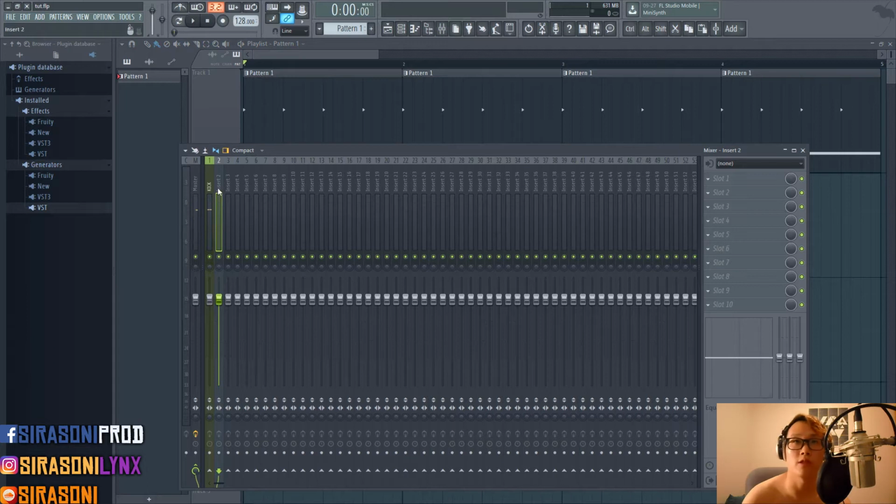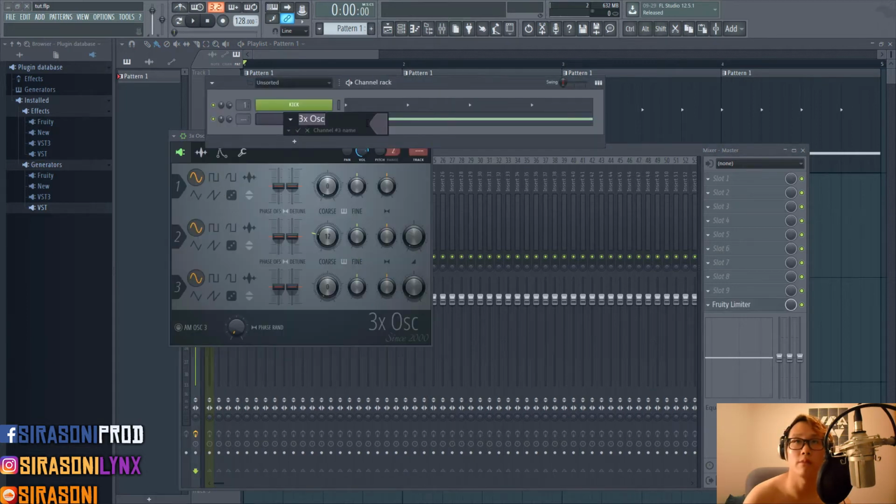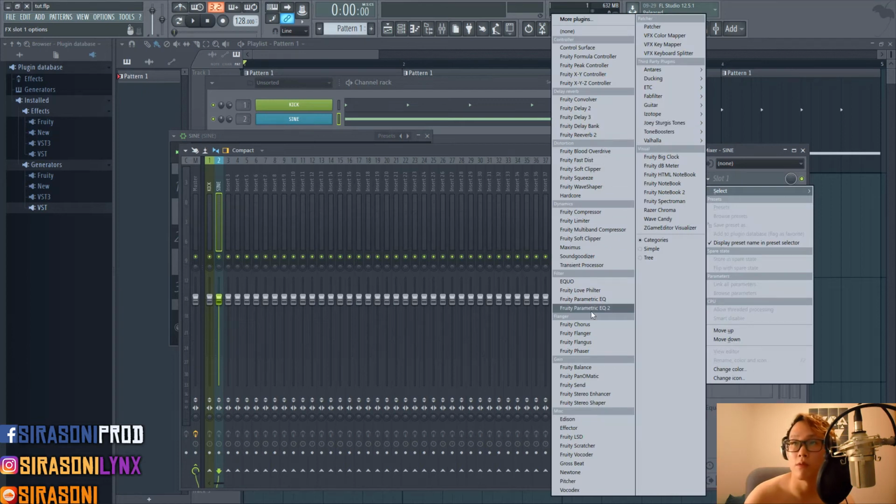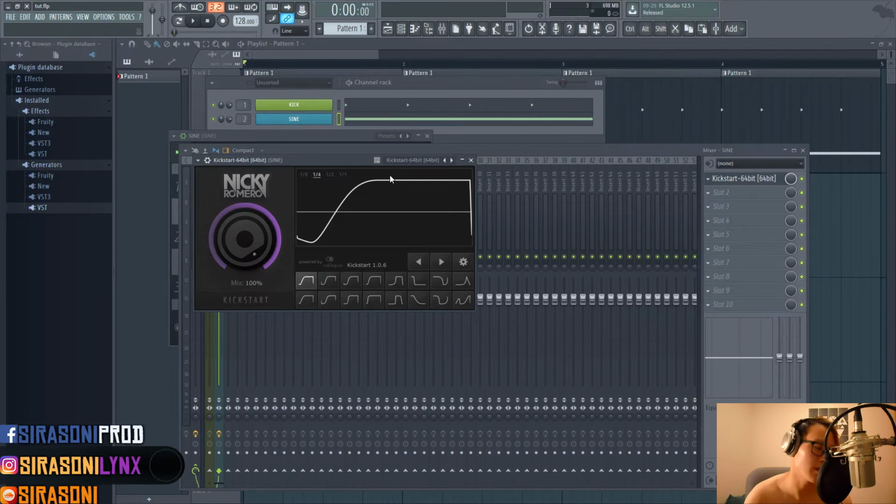So we're just going to insert a kickstart into this. Let me name this for you guys so you guys don't get messed up. Sine, boom. So we're going to insert a kickstart for you. Alright, this could be done by kickstart, it could be done by Fruity Limiter, it doesn't really matter. The effect is the same thing, so